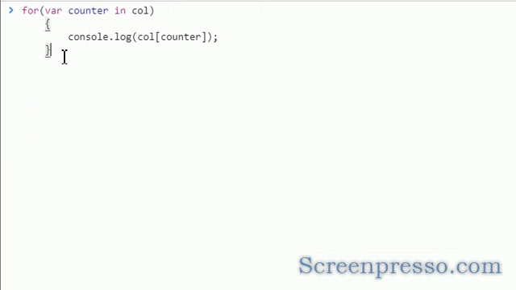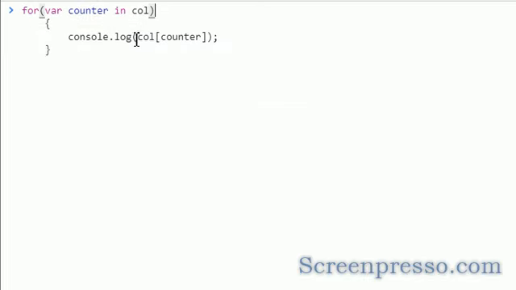Now we are going to talk about the for in loop. Here we will declare one variable. This is our collection. Here we are using the in operator, meaning however many variable values are available in this collection, it will take them one by one. But if you are using in, it will take only the index, not the value. That's the reason here I am specifying the collection with square brackets of the index value. So we will get the expected value.